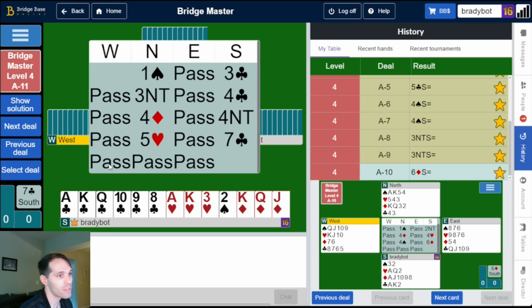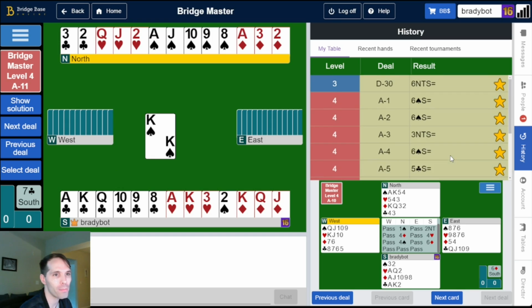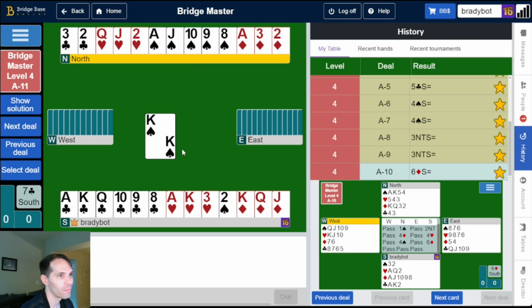Ooh, 7 clubs. Not going to be throwing anyone in on this hand. King of spades lead. Where did we start when I did this with Kurt? Was it A14 or something? Oh, we might have been in the C's. Yeah, we might have been in the C's. Okay, we're not there yet. 7 clubs, huh? King of spades lead. Well, this hand looks...